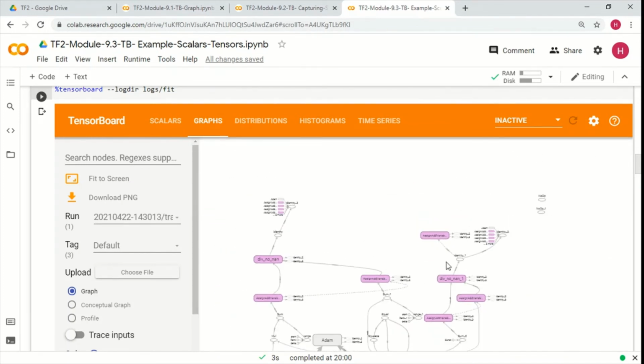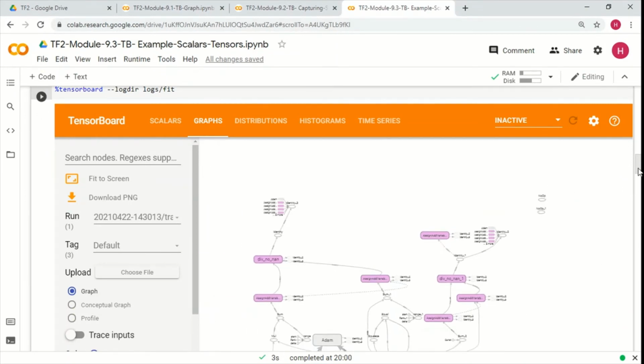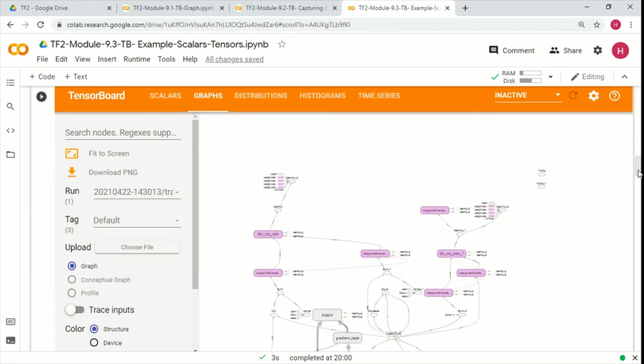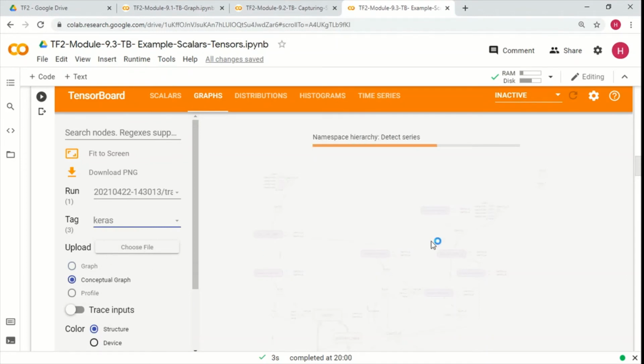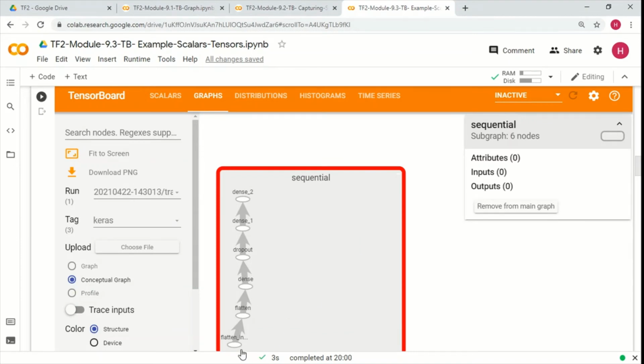Oh, whoa. So this is showing us what all different things are happening in the computation here. If you want to simplify this graph a little bit, you have to select this Keras tag and double click on it, and you'll be able to see all the different layers.